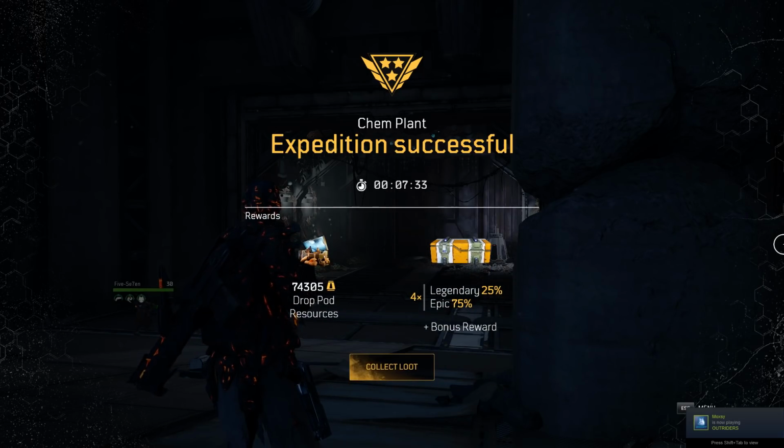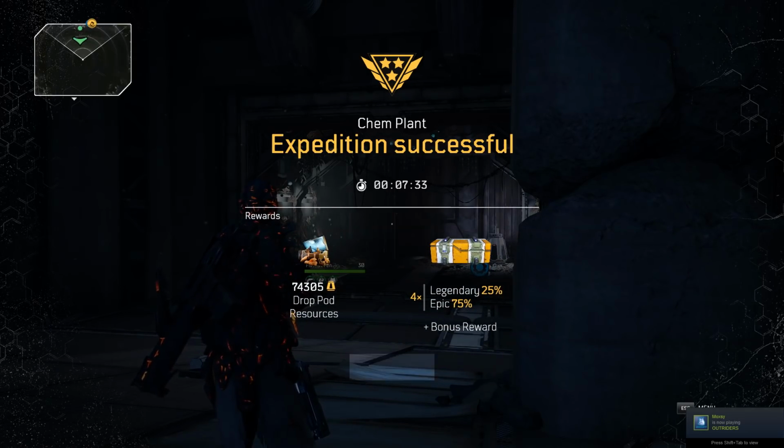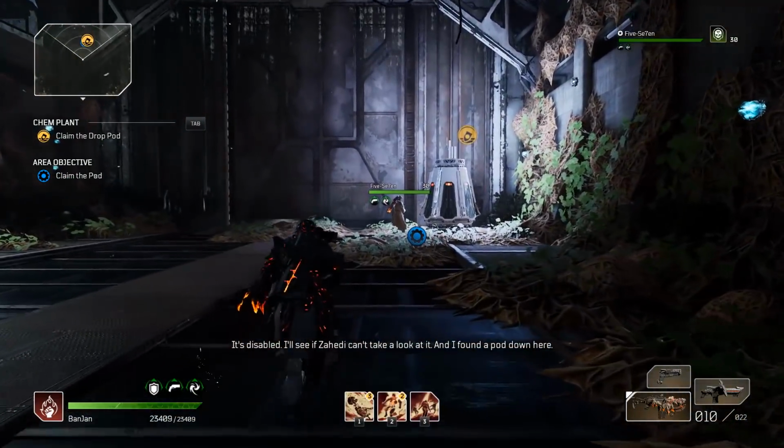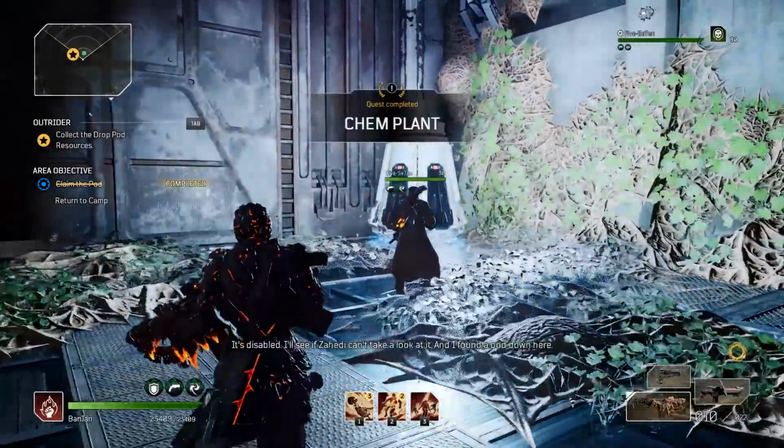About those energy spikes? The insurgents had a functioning power cell down here. What did you do with it? It's disabled. I'll see if Zahid can take a look at it. I found a pod down